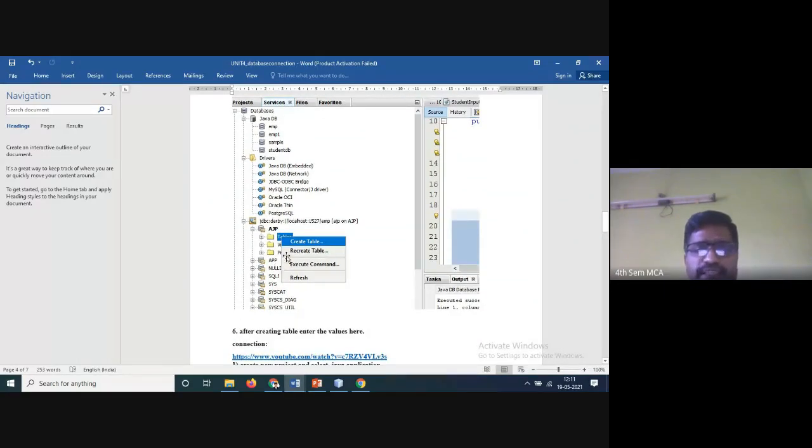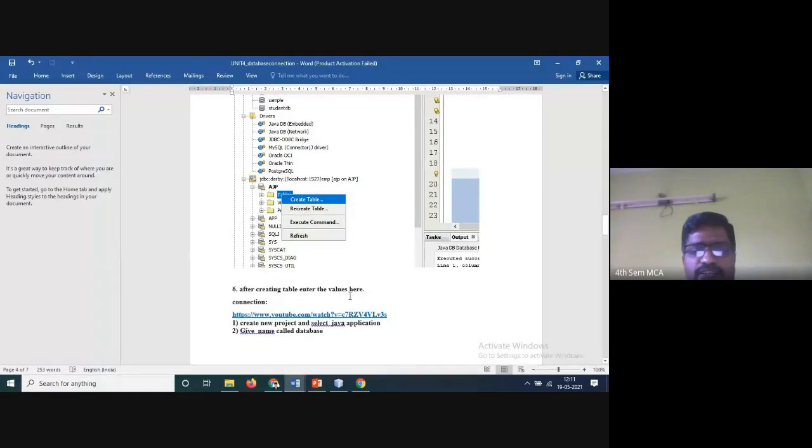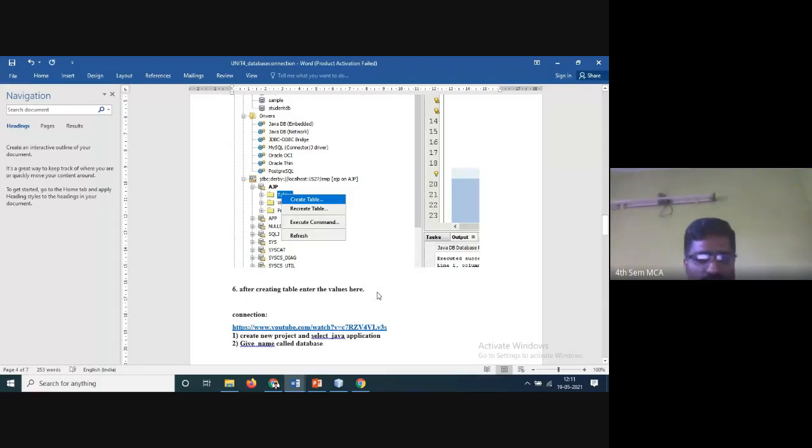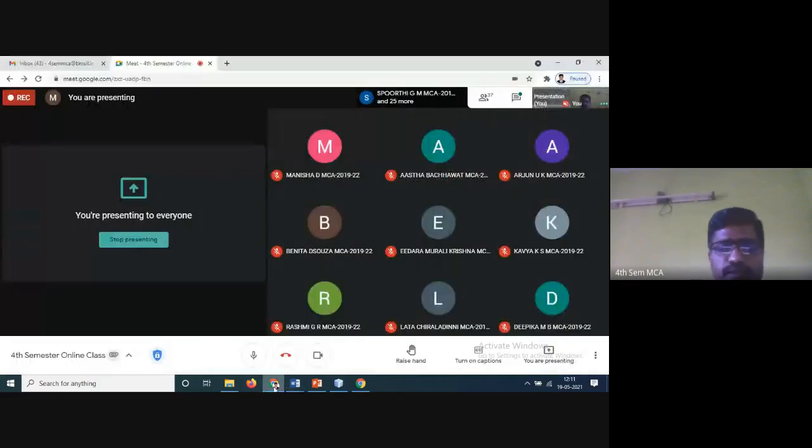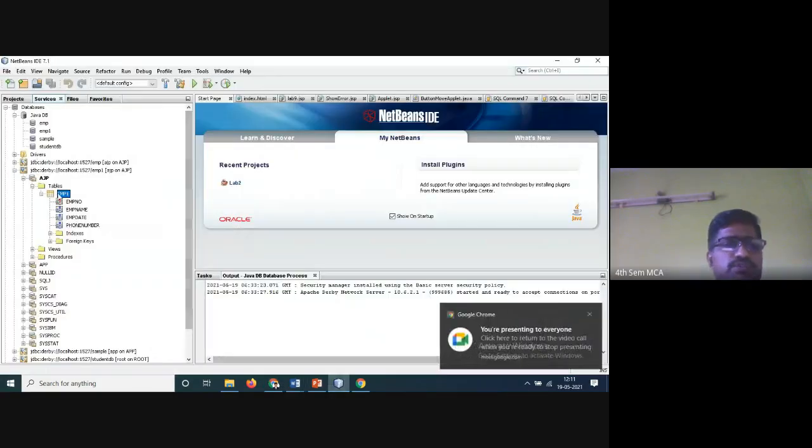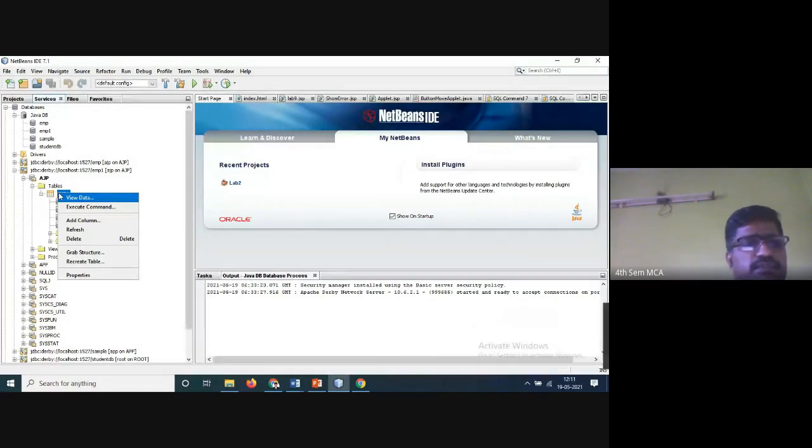Once you create the table, after creating that, you have to enter the values. I forgot the screenshot, now I will paste it. No problem. So now, properties.